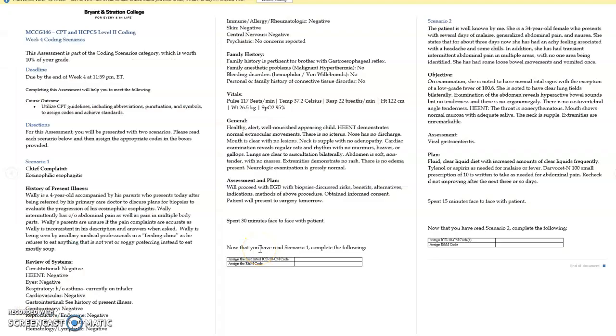So we're going to have 2 cases that you will be completing this week. For the first patient, just note that this is an office visit, so they are saying that they're going to go ahead and proceed with an EGD with biopsies, but they're not actually performing that procedure. So make sure that you're not coding a surgery code. You would be coding an evaluation and management code on scenario 1. You will have to assign the first listed diagnosis code, so you will be using your CM book for this